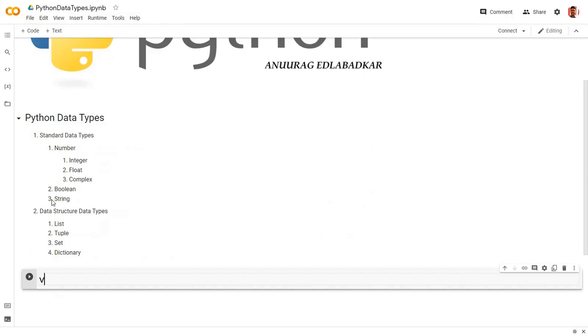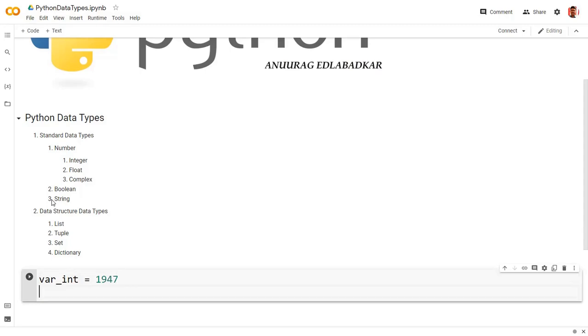The very first variable I am creating is of type integer. How will an integer look? Suppose 1947. This is my integer variable.